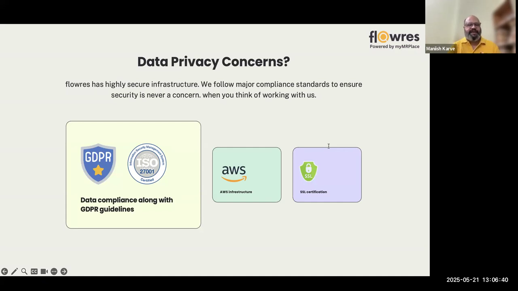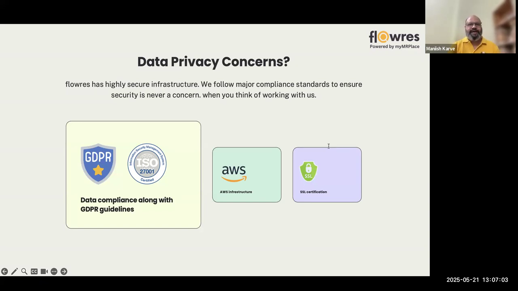We have data processing agreements in place with all the LLM providers out there so that we ensure that our client data never goes towards training the model. In fact, you are in control of all the data that you upload there, and you can just delete it at any time, and you can be sure that it's clean off the platform. There are no remnants anywhere.